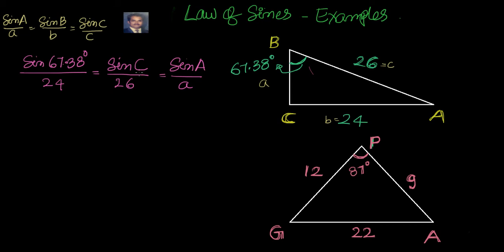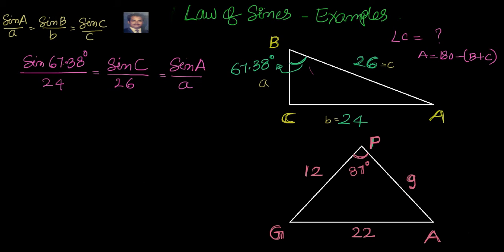Let's first find sine of C, because I have partial information here, whereas sine of A is completely a black box. I don't know anything about it. But here this is constant. I can make this one value and multiply it by 26 and find the inverse of it to find angle C. So our first target is to find angle C. Then we can say A is equal to 180 minus B plus C. So let's go ahead and do that.